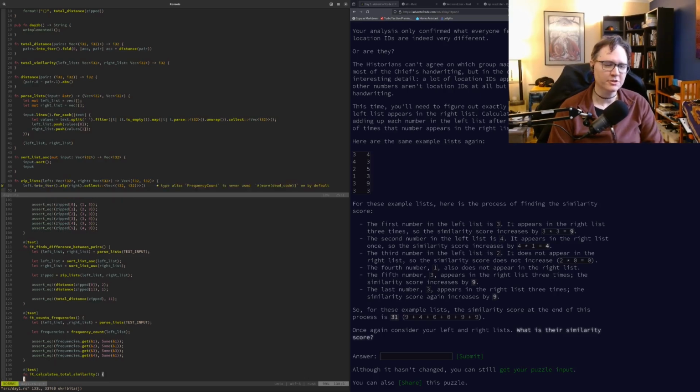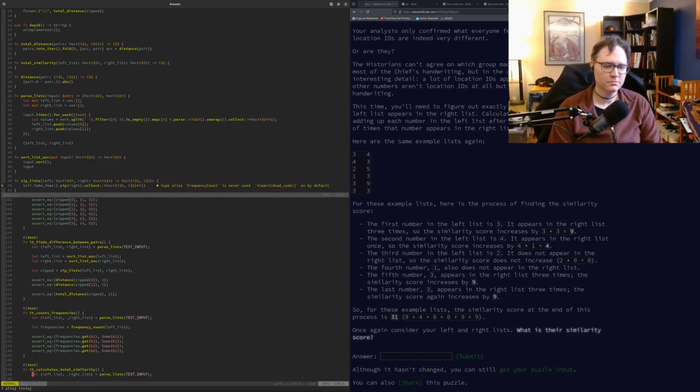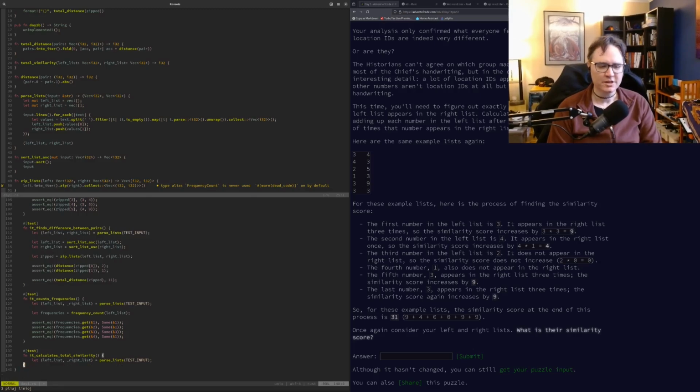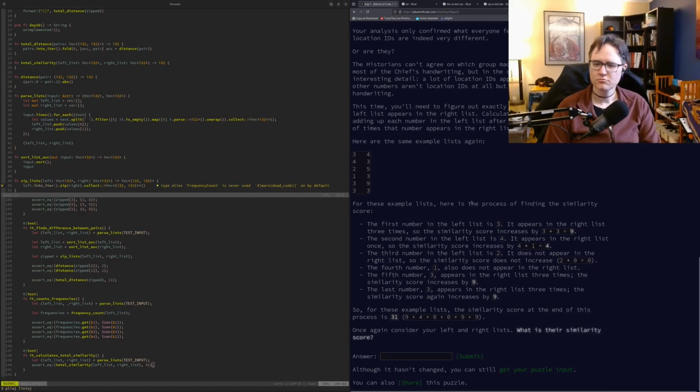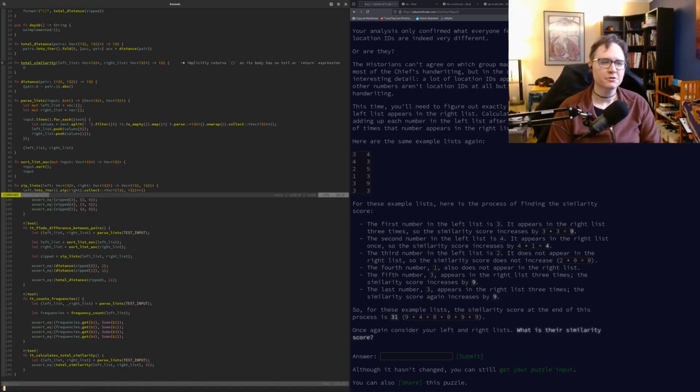Unless, of course, something goes wrong, in which case I'll write more tests in order to try to track down the problem. So we get the left list and the right list, and we calculate the total similarity of the two lists. And it should be, according to this, 31. Okay, so now we need to calculate this. Let's return a 0 to make sure the test fails.